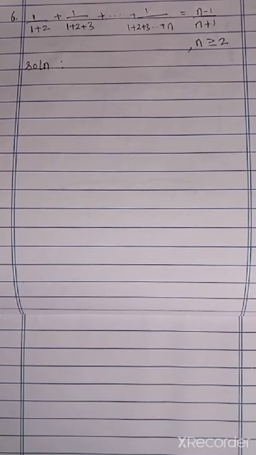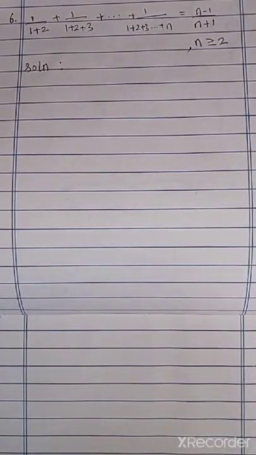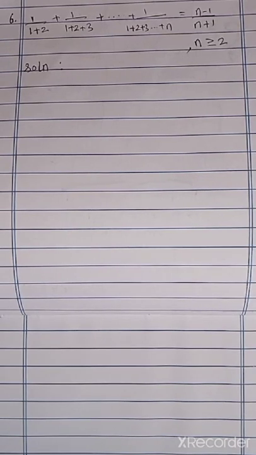Today we are going to continue mathematical induction, exercise 4.4. So, to prove by mathematical induction, what are the three steps we have to follow? Step 1, let n equal to 1, and we have to prove that P of 1 is true. Step 2, let n equal to k, and we are going to assume that P of k is true. Third step, n equal to k plus 1, then we have to prove P of k plus 1 is true.